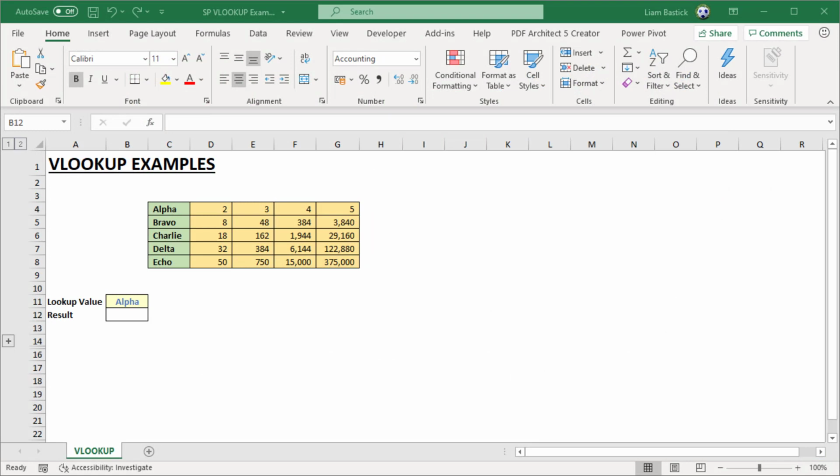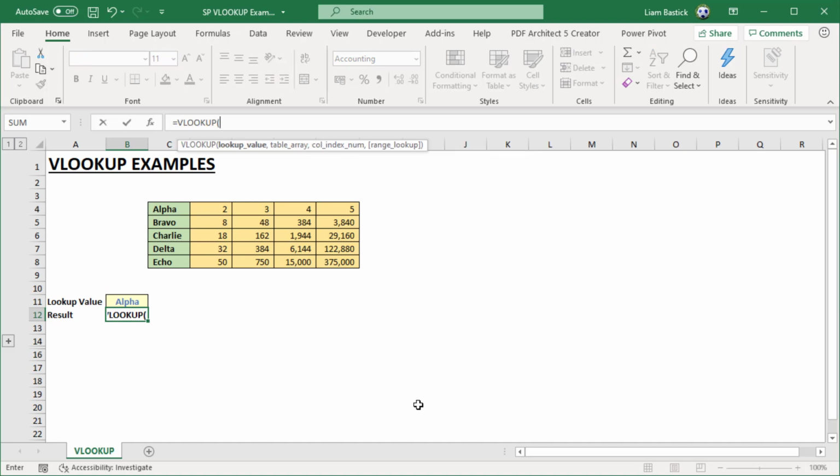So VLOOKUP means vertical lookup, so it's actually looking something up in a vertical range, which would be a column in English. So this is a column here. We're going to look up alpha in this column, and we want to return a corresponding value in this table. So this will be my lookup table. How it actually works then is you just start typing in VLOOKUP, and it wants the lookup value, which is going to be alpha, and then it wants the table array, which will be this,